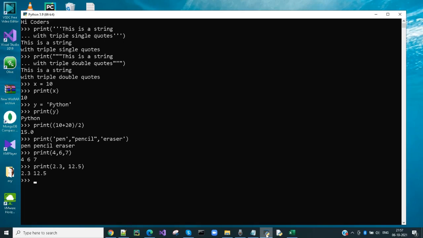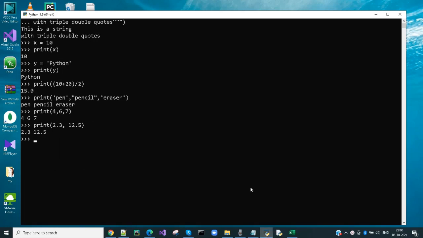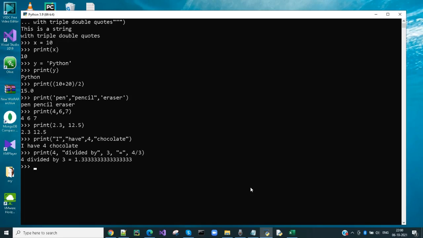Here I am printing values with different data types. Let's try another example. Let's print variables and expression.